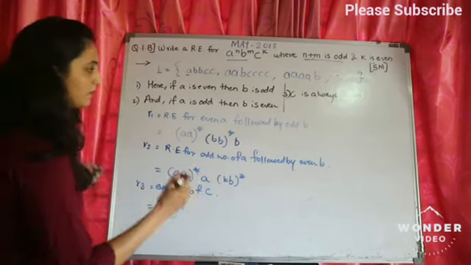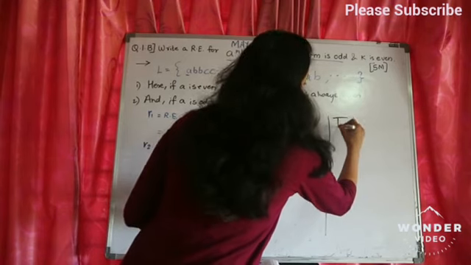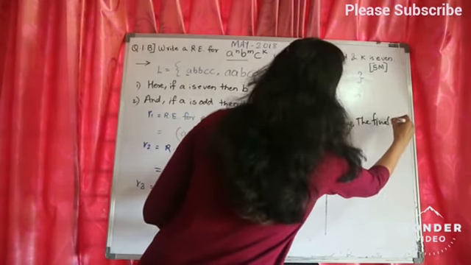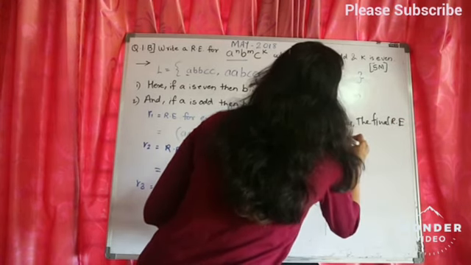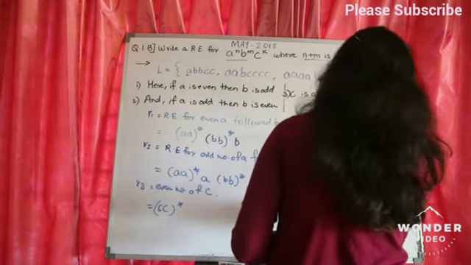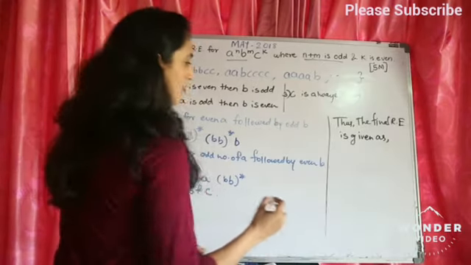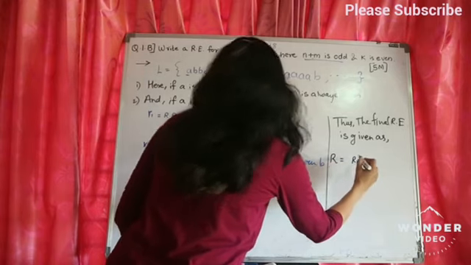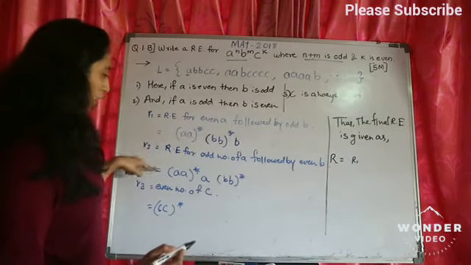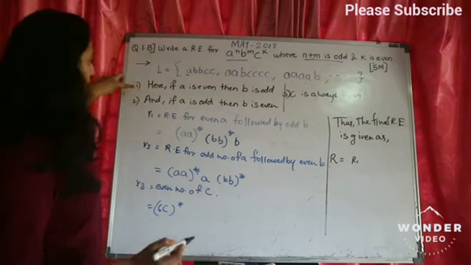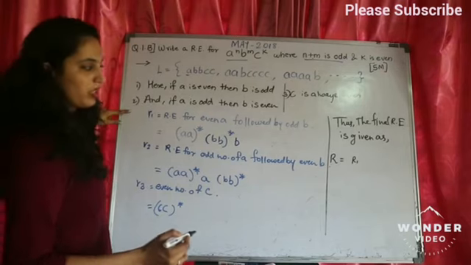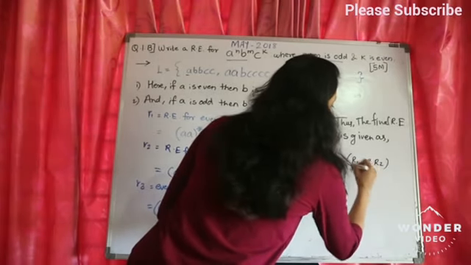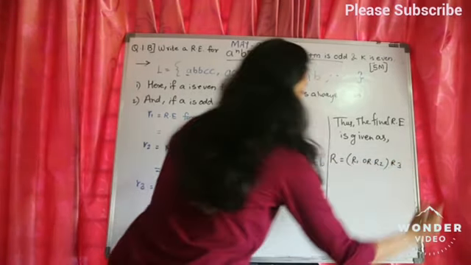So the final regular expression is given as R is equal to R1, either this or this, because it is never going to be the same. Either it will be one case or it will be the other case. So R1 or R2, any one of these, followed by R3.